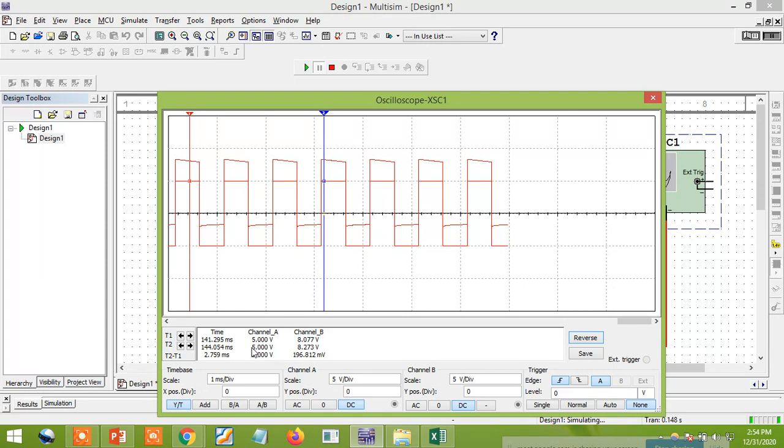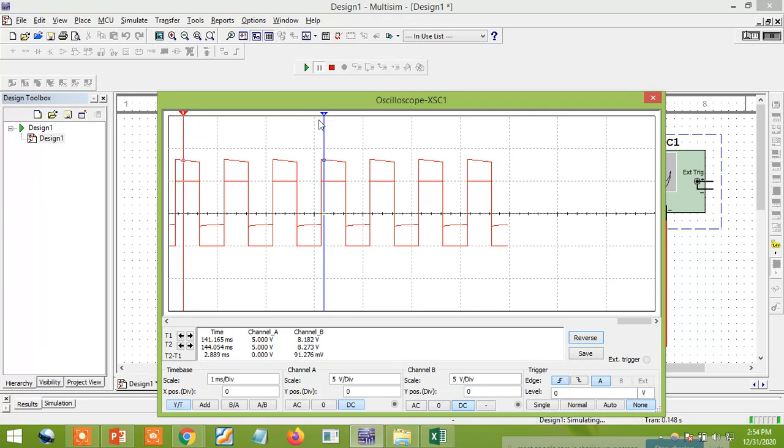Next, if I want to see the output, the positive peak of this value, just click on this. Now you can observe that it will come 5 plus 3, meaning 8 volts. So you need to observe at channel 2 here. Because of T2, I need to see this condition only. If you want, you can use channel 1 also, as you wish. I'll use channel 2 only.